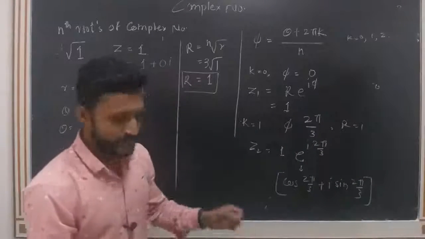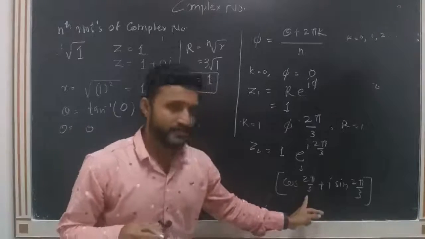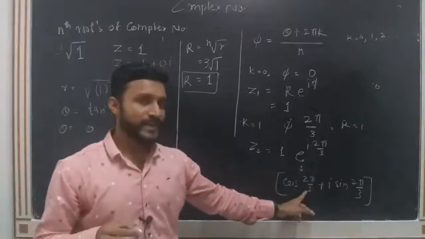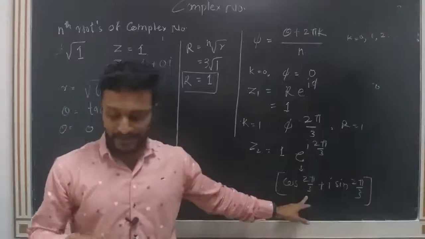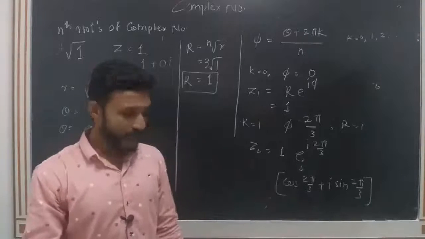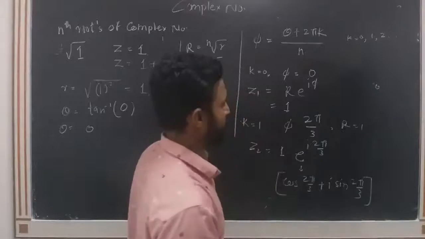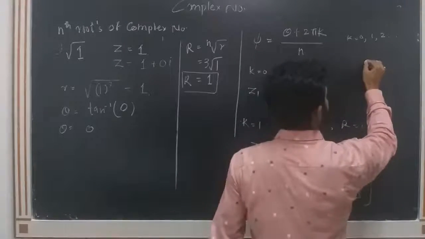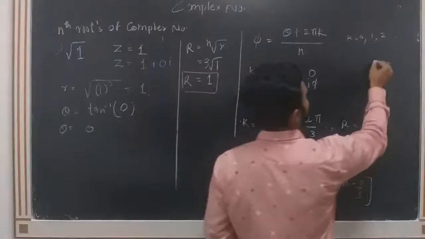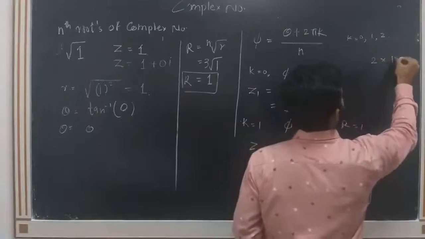Yes, the answer is, let me check. You can go through the table that I have shown in the first slide, in the beginning of the class. So what is the value of cos pi by 3? 1 by 2. But here 2 is multiplied. So what is the value of 2 pi by 3? Just multiply it: 2 into 180 upon 3.